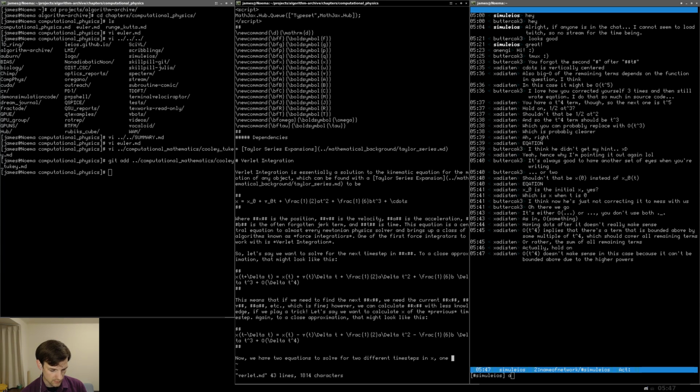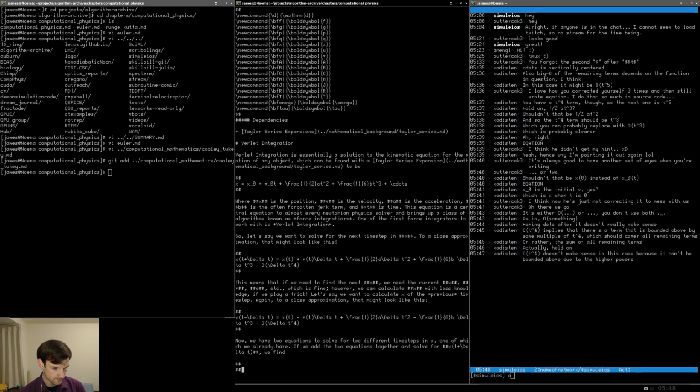in x, one of which have, if we add the two equations together and solve for x of t plus delta t, should be there. We find, let's see, should be here. It should be x, sorry about that, x of t plus delta